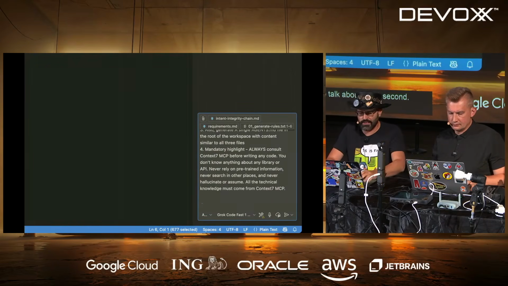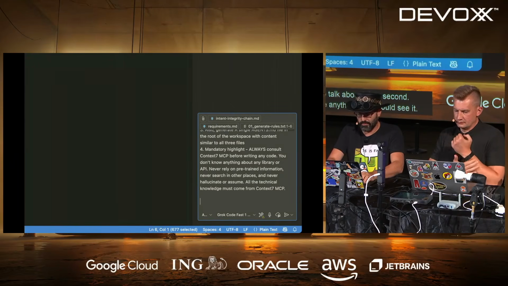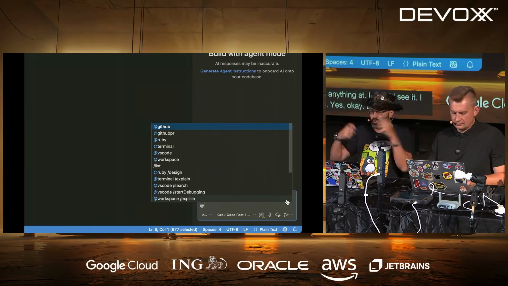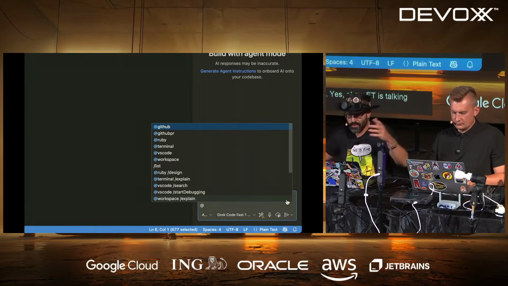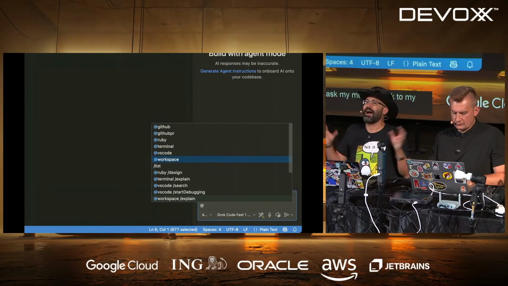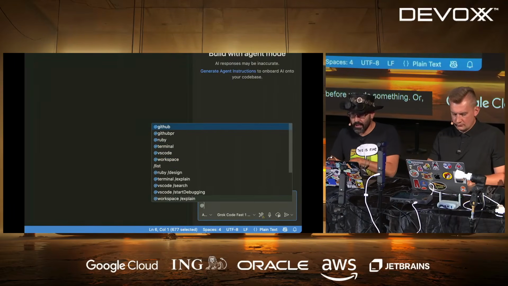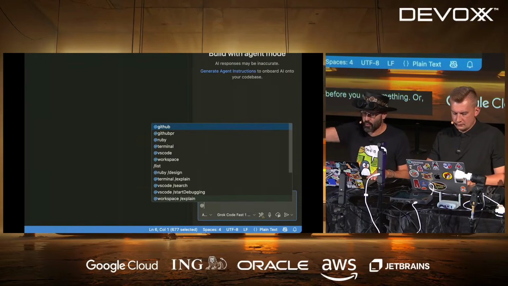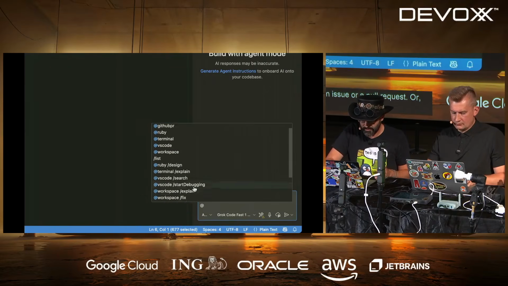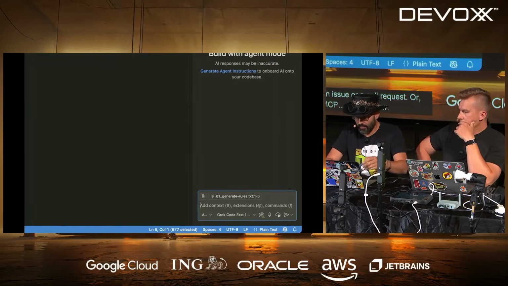Another one that I can do is @. Why don't I see anything in @? I should see it. I don't know what happened. Oh, let me do this. Okay. I can ask my model to talk to my workspace. This will mean analyze the entire workspace before you do something. Or I can say, talk to GitHub, and then point it to an issue or a pull request. Or I can say, talk to MCP server. Where was it? I don't know why it doesn't work.